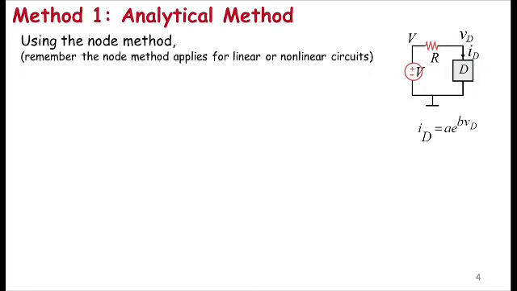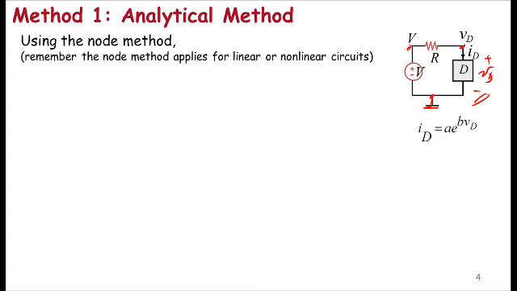All right, I think with that we are ready to start talking about the analytical method for analyzing nonlinear circuits. So we will start with the basic circuit that we have here on the right-hand side, which is my Thevenin equivalent with the voltage and resistor in series connected to the device D. Notice I've gone ahead and drawn the first few steps of doing the node method. I've added a ground node and I've labeled the two nodes of the circuit with VD, the voltage across the device, the funky device,